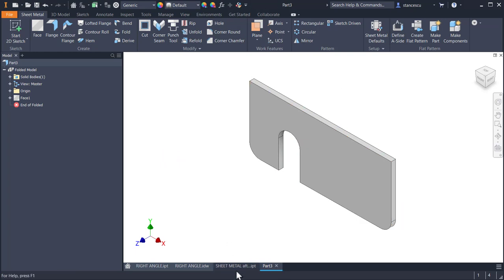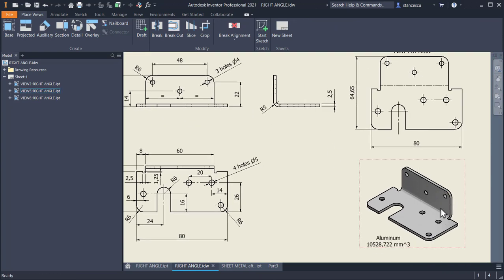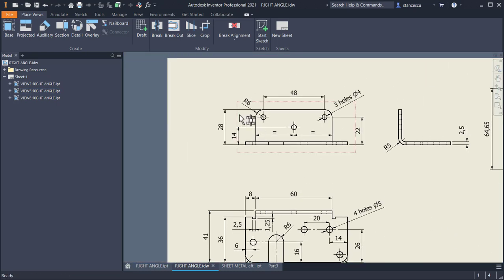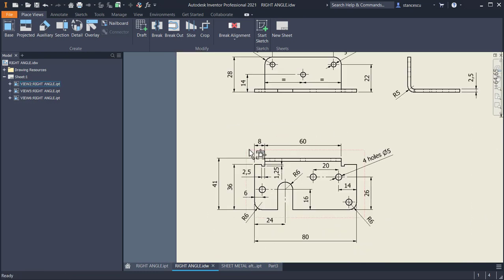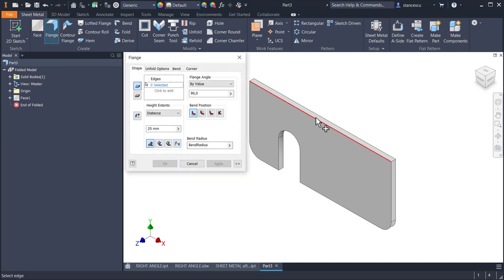Good. Next is this flange. Yes, this is a flange. We create this flange, which has dimensions 28 from the base and 60 dimensions on horizontal, by using the tool flange. We select the line of bending. This is the line of bending, and some options here,